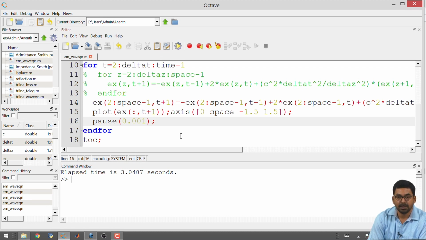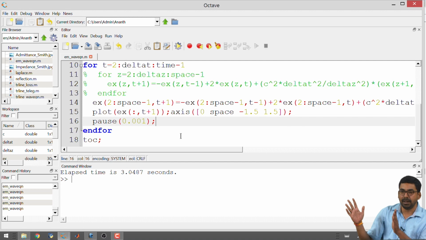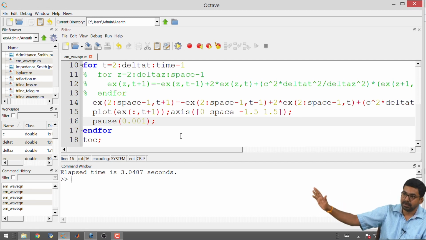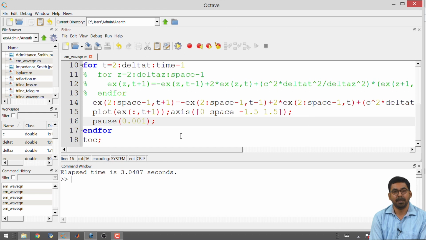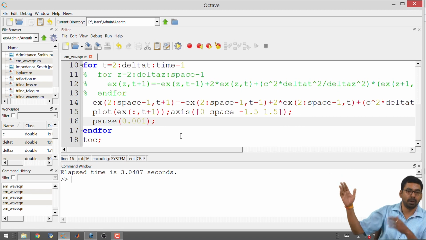Ex is equal to 0 was your boundary condition for perfect electric conductor. And previously we have seen some boundary conditions with the Laplace equation. We have seen Dirichlet condition where you have the value to be constant. So, Ex equal to 0 is a Dirichlet condition. Neumann condition would be some derivative of the electric field, in this case equal to 0. But are there more boundary conditions? There are more boundary conditions. In the case of transmission line, you used a region to absorb the wave. So, that can be some kind of an absorbing condition, but it is not really a boundary condition. It did not happen at the boundary, it happened over a region.